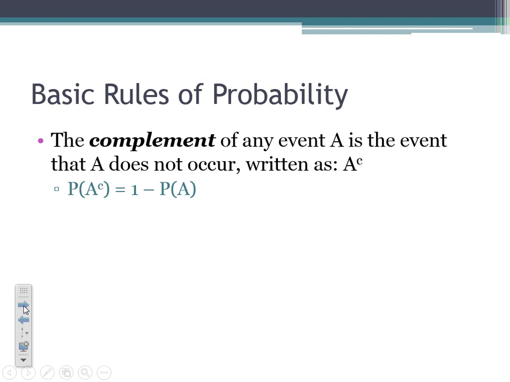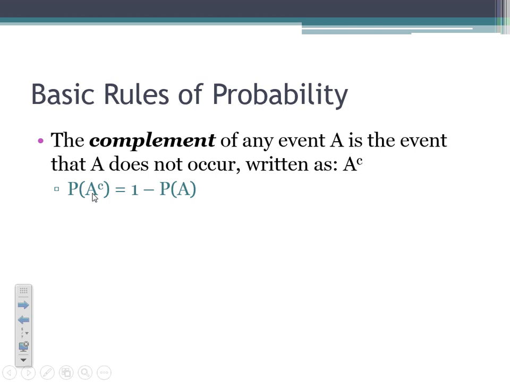And the complement we will often see notated as A superscript C, and that's what you see here at the end of this line. Again, A superscript C. And the formula for finding a complement is very easy. If I know the probability that something does occur, the probability that it does not occur is just 1 minus